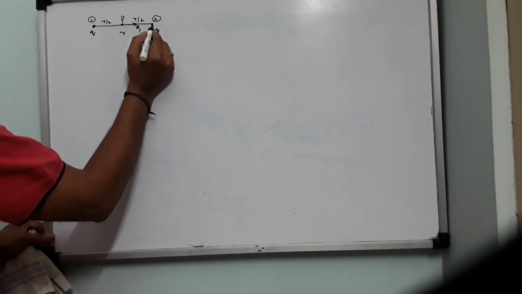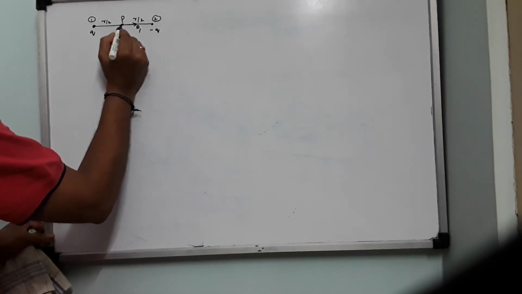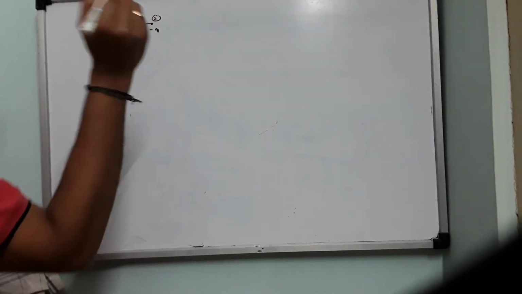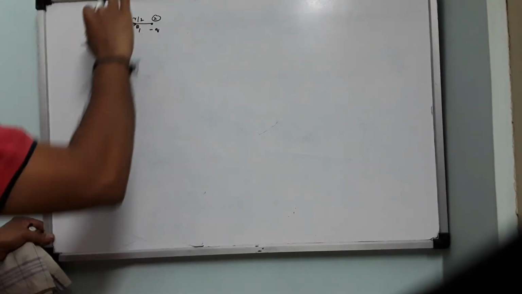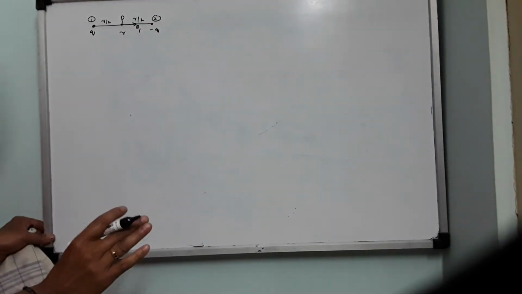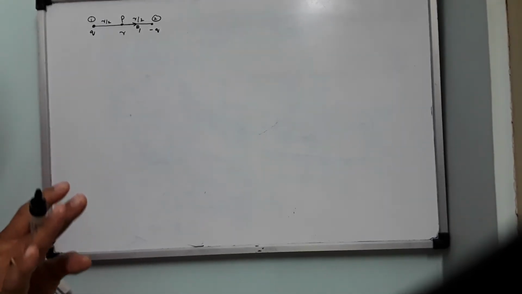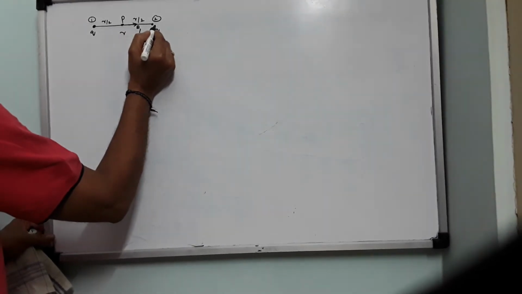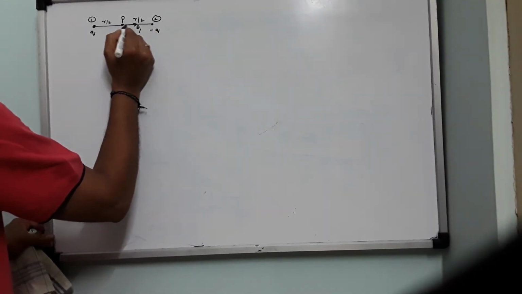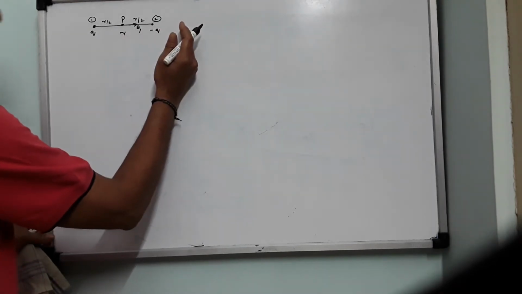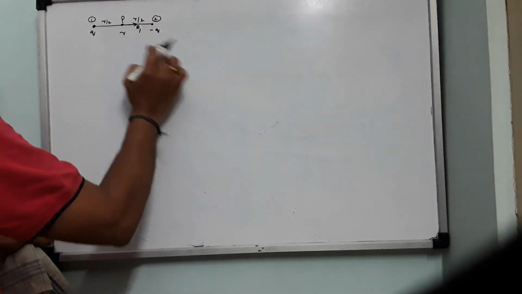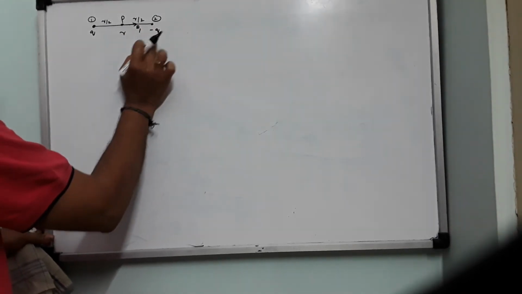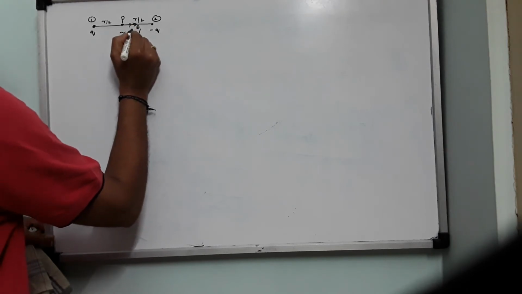Now the electric field produced by minus q at point P. It can produce electric field everywhere: above, below, on the top of the board and bottom, back of the board, everywhere. We are not interested in all points at the same time. We are interested only at point P. So the direction of the electric field produced by minus q at point P is radially inwards. If you draw a circle with this distance as the radius and minus q at the center, it should be radially inwards. So this is E2.